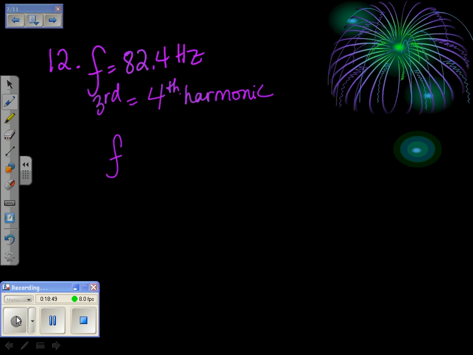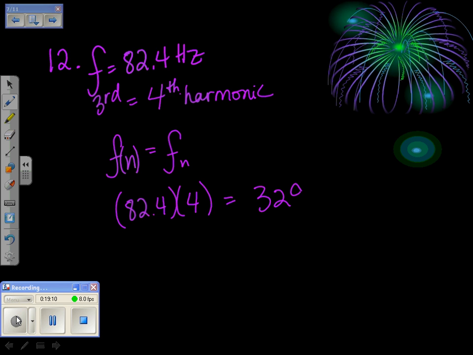So f times the n of the harmonic will give you the new frequency of that harmonic. So if that's true, then we have 82.4 times the fourth harmonic will give us an answer of